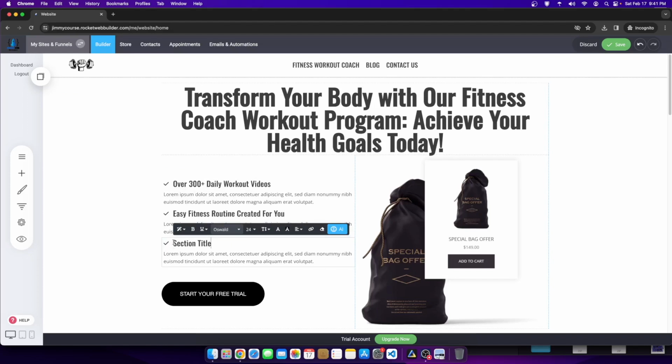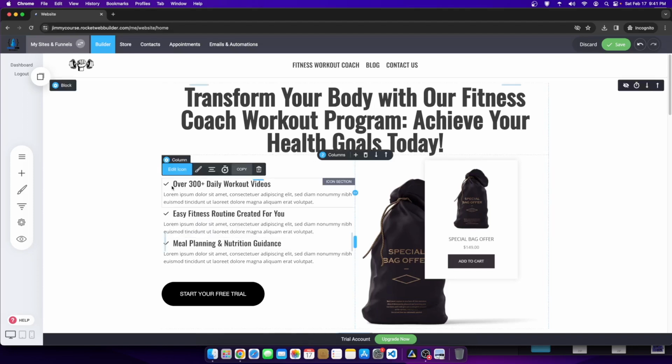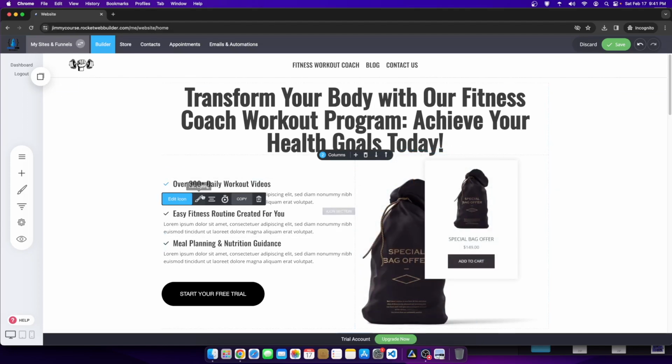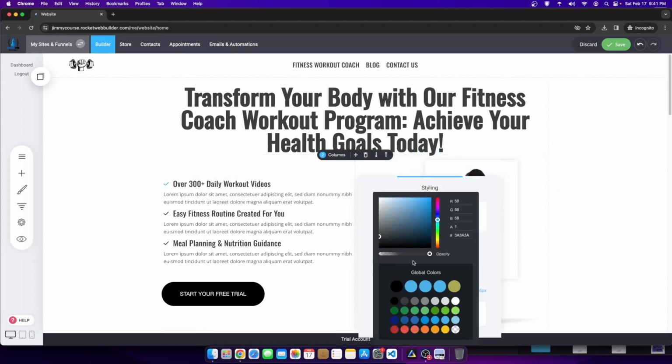And meal planning and nutrition guidance. So just like that as well. And what I'm going to do is this image is going to have to change, but let me go ahead and first hit the, I want the icons to be a little bit different. I personally want them to be like a bluish color, like the one we selected earlier. So something like these blues,